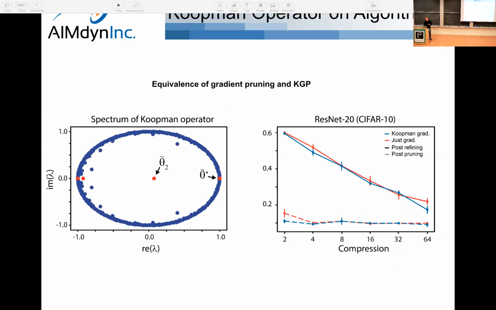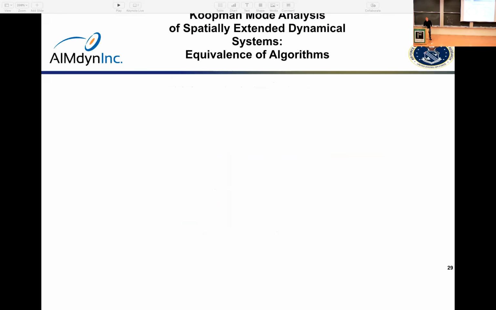It also turns out that gradient pruning is the pruning based on the, well, not Floquet exponent, but the isostable exponent. So the methods that people found effective in pruning neural networks